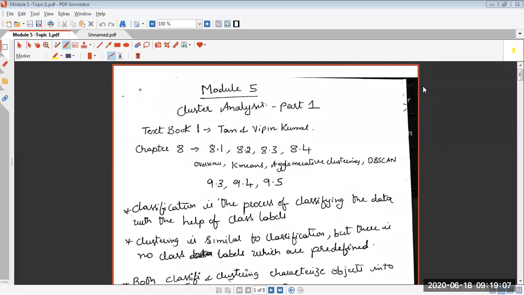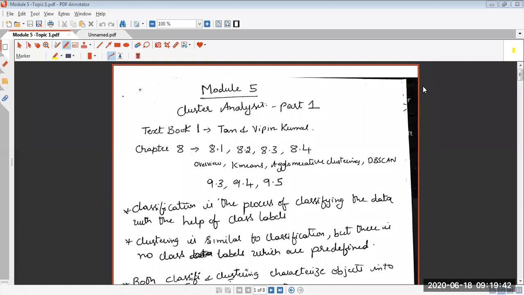So in this session, we will be starting with module 5, that is cluster analysis. The previous module 4 was classification. So we understood what is classification and different ways in which you can build a classifier. We need to have a recap of it so that we can relate how clustering, which is there in module 5, is different from classification that was there in module 4. So please understand, module 4 was classification, module 5 is clustering.